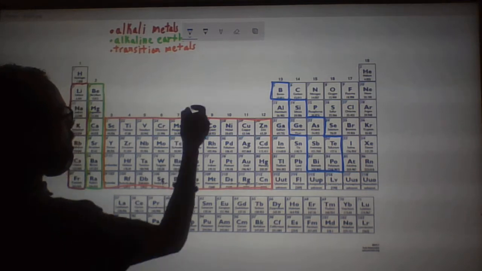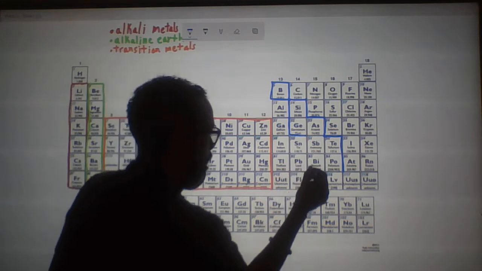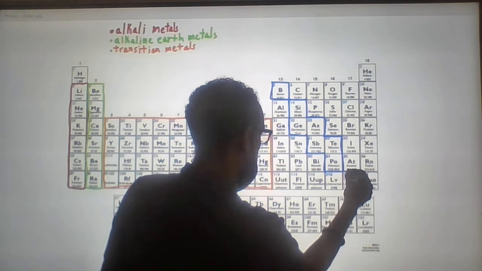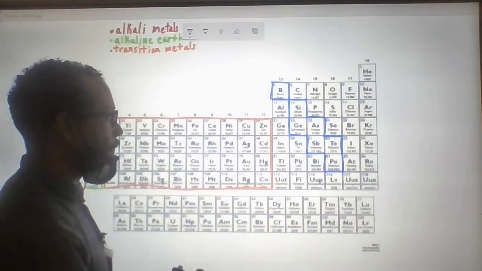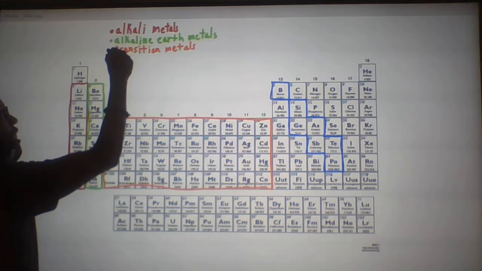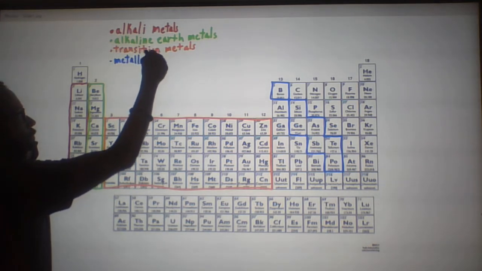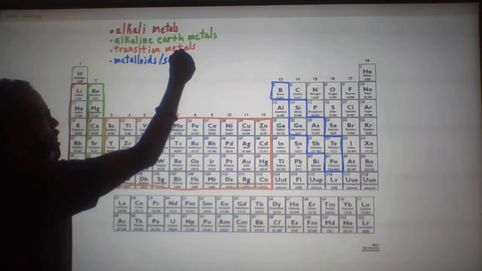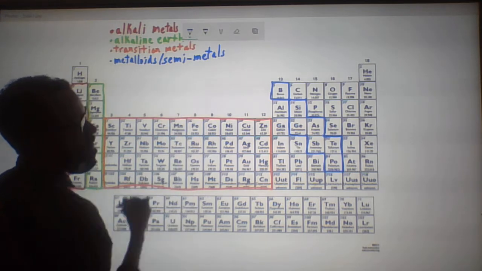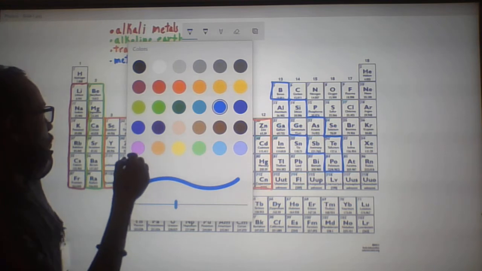So we have this piece. This would be metalloids or semi-metals. This one would be